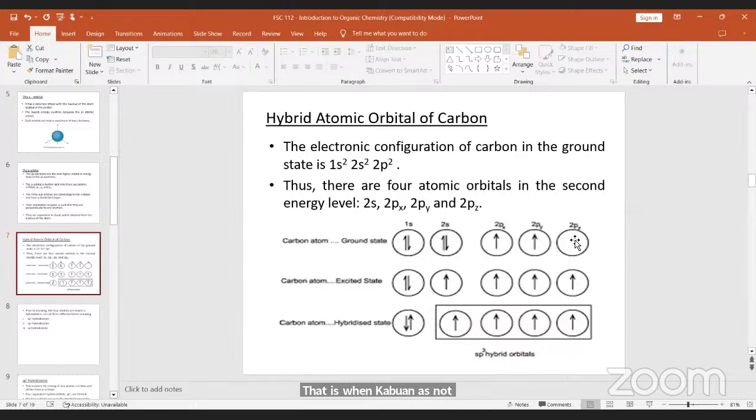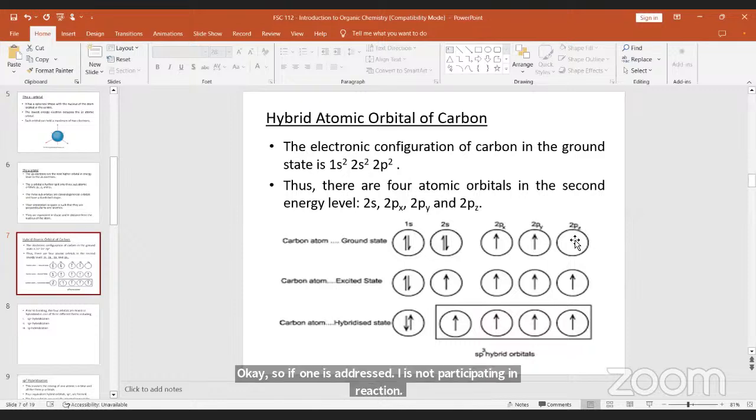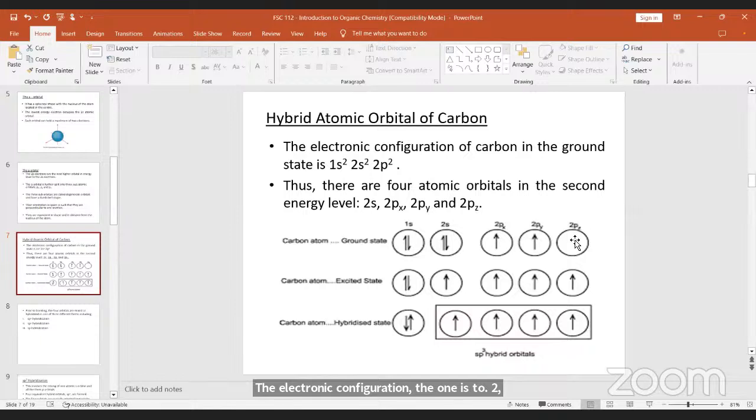and is not participating in any reaction. Okay, so if carbon is at rest and is not participating in reaction, the electronic configuration will be 1s2, 2s2, 2px1, 2py1, 2pz0. Okay, but carbon cannot remain in that state forever. There will always be reason for it to be excited in order to participate in bonding and so on and so forth. Therefore, to do this,